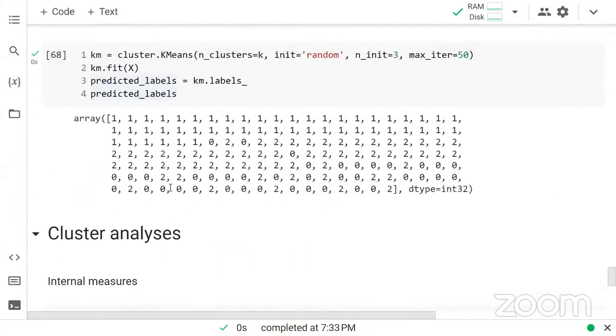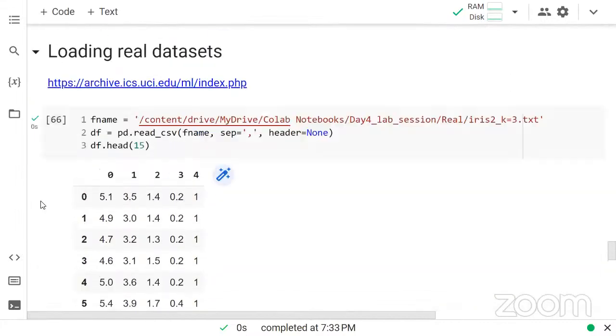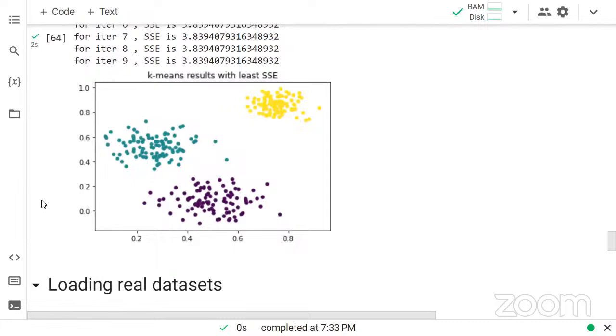That is how to perform this clustering. Now one of the next important steps in clustering is to evaluate the performance of a particular clustering algorithm for the given data set. For the synthetic data set, we can see clearly that